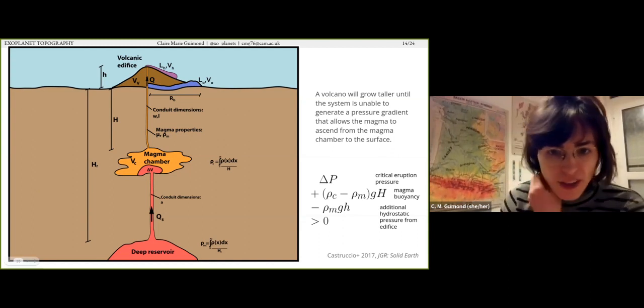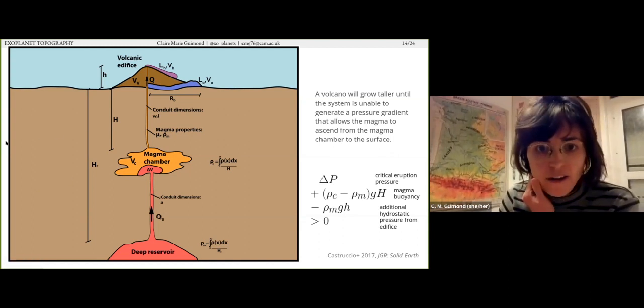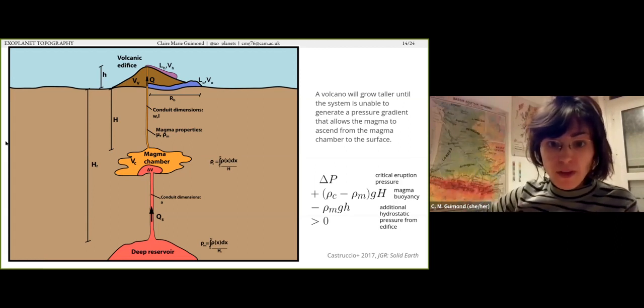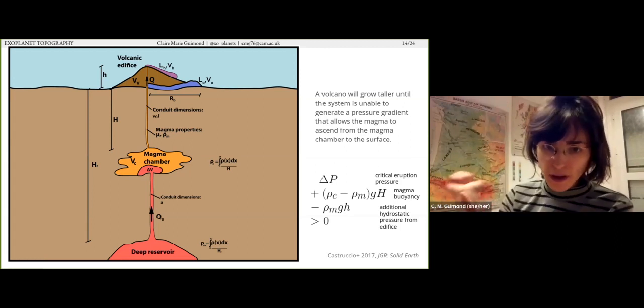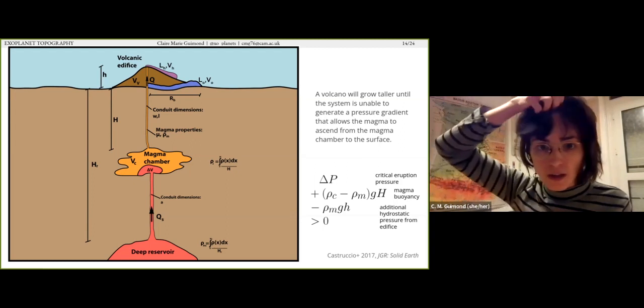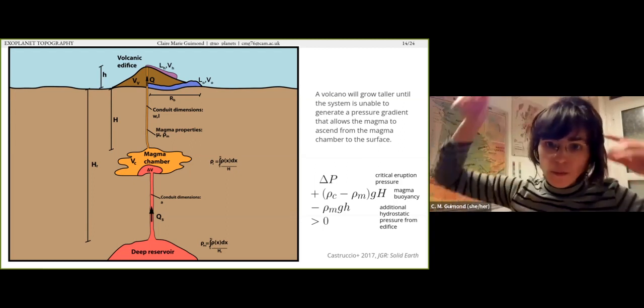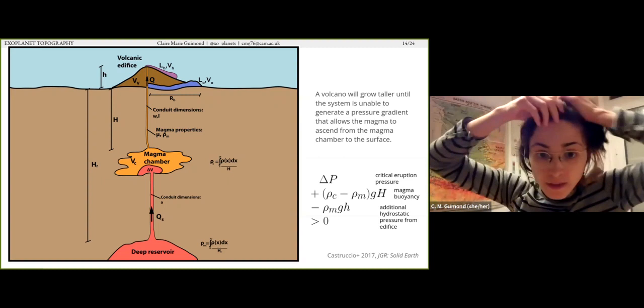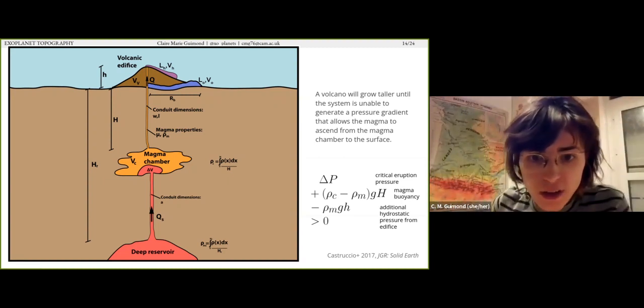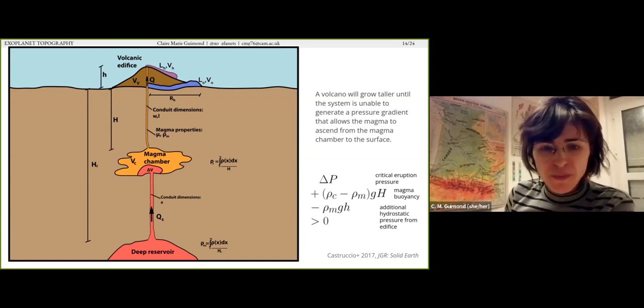So constructing an edifice with magma requires bringing magma to the surface from depth, and that needs to maintain a positive pressure gradient from the magma chamber underneath the surface to the top of the volcano. And then as you pile more and more lava on top, stuff needs to travel farther up, and it's harder to maintain this pressure gradient. So I don't know how useful this is,